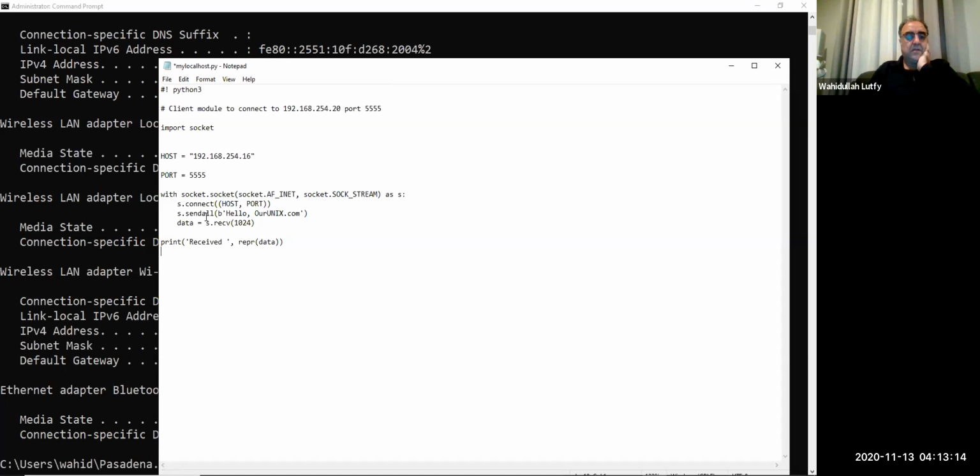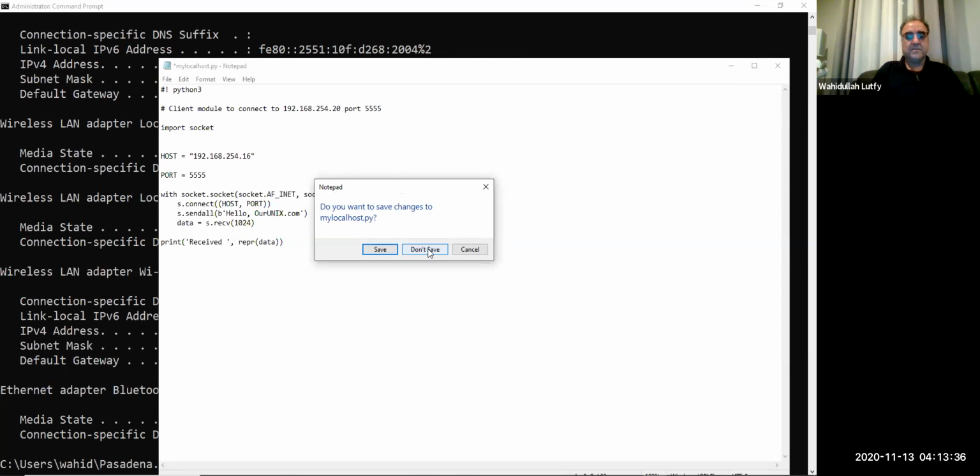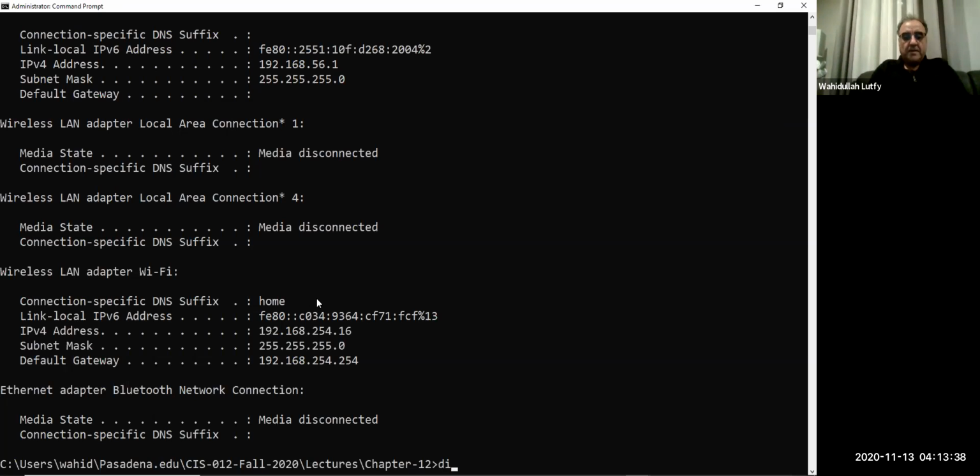Socket connection, connect, send all. The problem with this one is you can see I don't have a server. That's why this problem was happening. So whatever IP address here I could do, let me not save this and say don't save it. The problem is that my server,